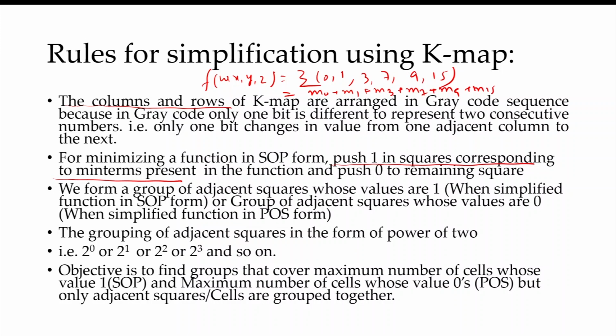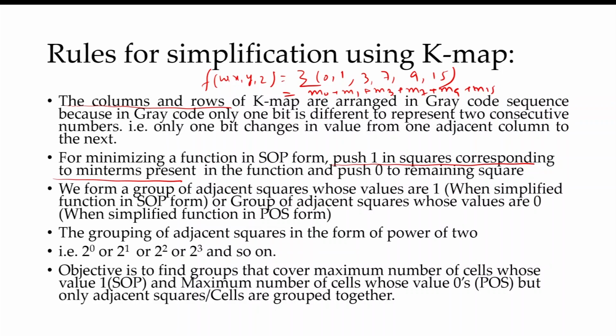But when we minimize this expression, either by using a Boolean law of Boolean algebra or by using a K-map, here we discuss a K-map. We represent the simplified form that minimizes the number of terms, the number of literals in each term, and the number of logic gates required to implement the circuit. So simply, when we minimize a function which is given in SOP form,